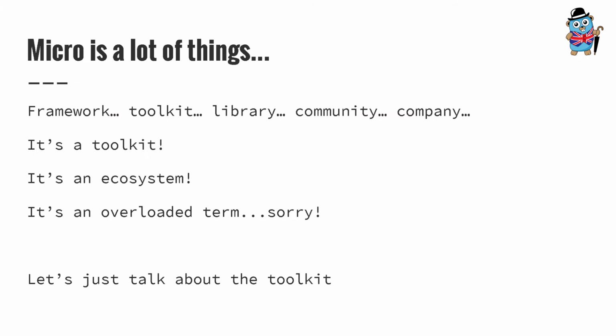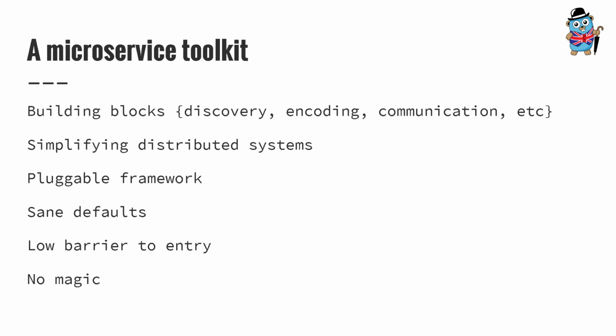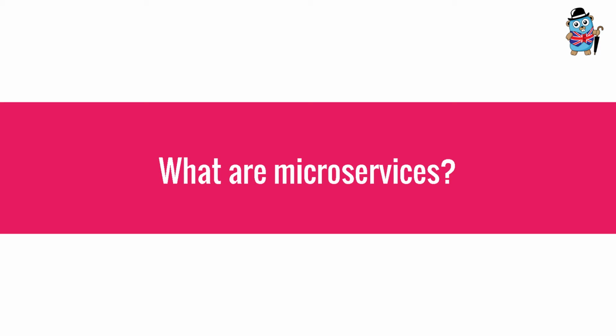Getting right into it, what is micro? Well, it's sort of a lot of things. I think, like a lot of people, I suck at naming. Naming is kind of hard. But today, I just want to talk to you about the toolkit. So micro, essentially a microservices toolkit. It's what I think of as the building blocks for microservices, and the goal was really to create something that would simplify building distributed systems, and also be pluggable in a way that as technology advanced, you would be able to switch out the back-end systems that you were using.